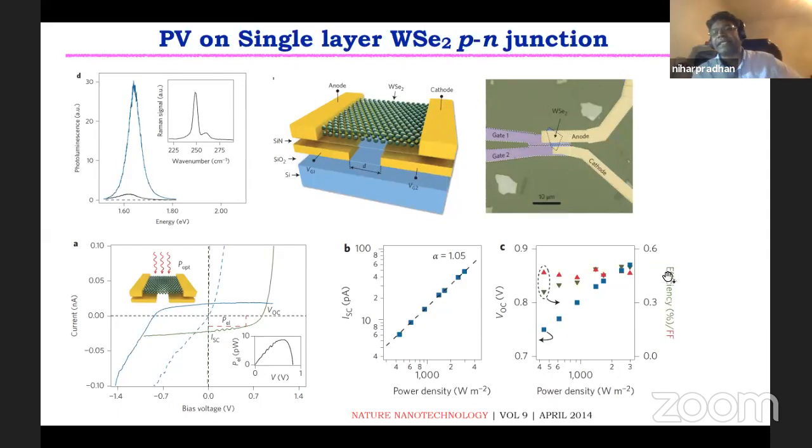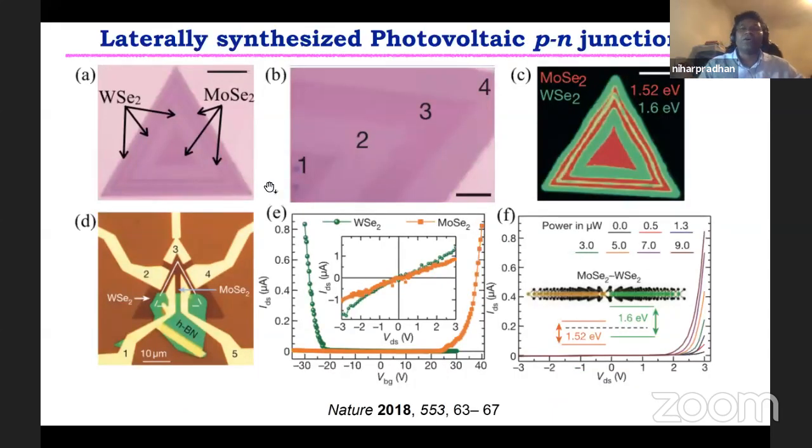Yes, so the efficiency is around less than 0.6%. So there are actually many other ways you can synthesize the PN junction photovoltaic solar cell. When you synthesize with the CVD technique, you could grow tungsten diselenide, and MoS2 you can grow, and alternatively, if you grow one after another, you can stitch them together, okay? But the CVD technique, as far as my knowledge and based on the research, doesn't give good quality of